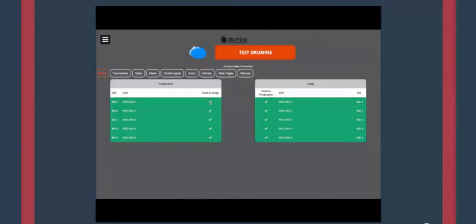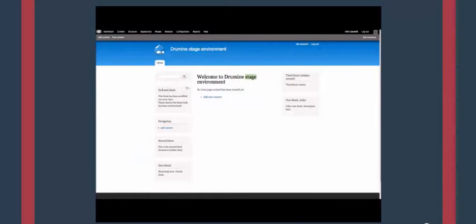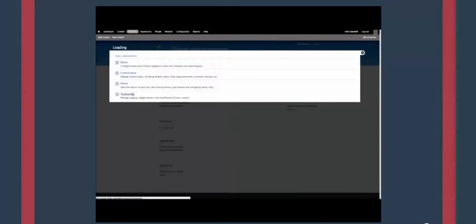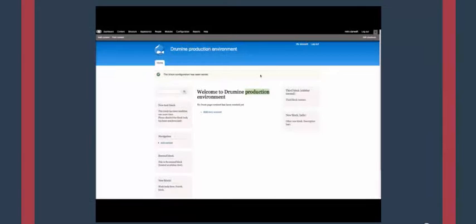And clicking on the push button from prod to the stage, we are going to sync that specific block. So in stage, the block is there with the new changes that we did in prod environment. So now we can try with